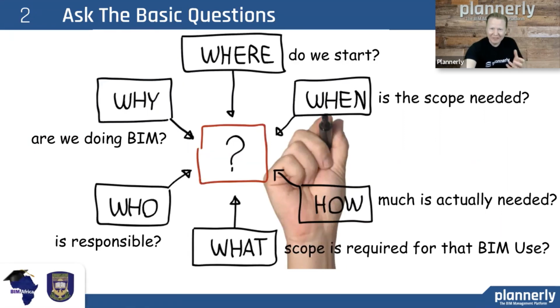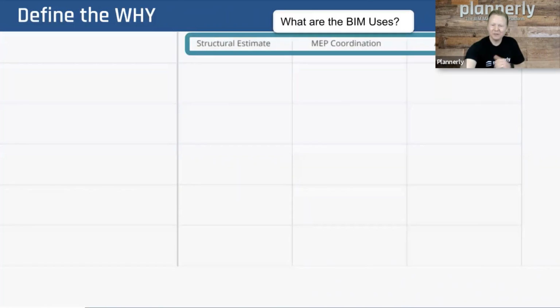Where do we start in all of this? Where do we start? What's important for the team to see and understand us starting? So defining the why, the first thing, and we see this in very simple forms as a column by column